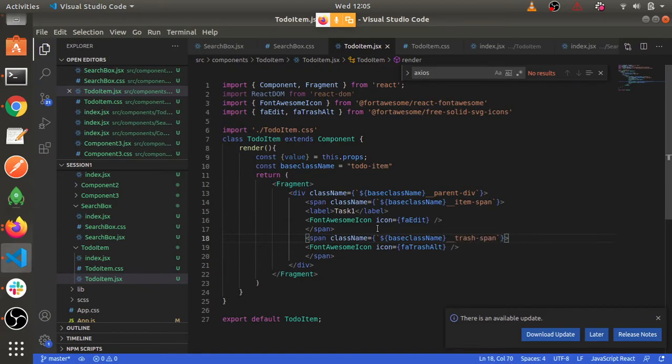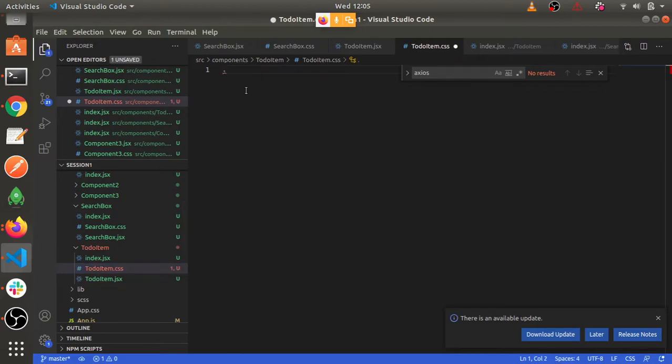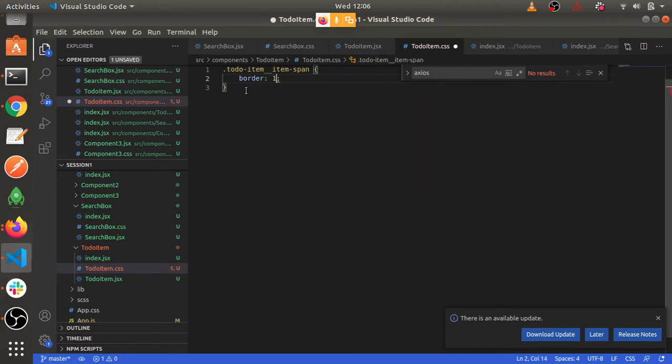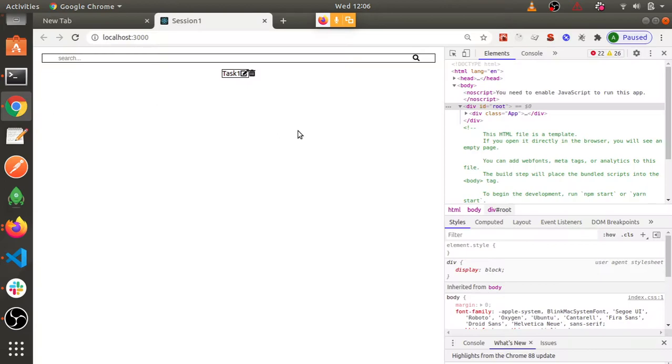Okay, and I'll give some property to this, basically to do item which I can remember, and I'll go to this and I'll name it to do item, and then Control V. I'll give it border, again 1 pixel, solid, and then the color I want to give is black. Now let's see how it looks. You can see we have almost achieved that, right? Only the width part has to be set.